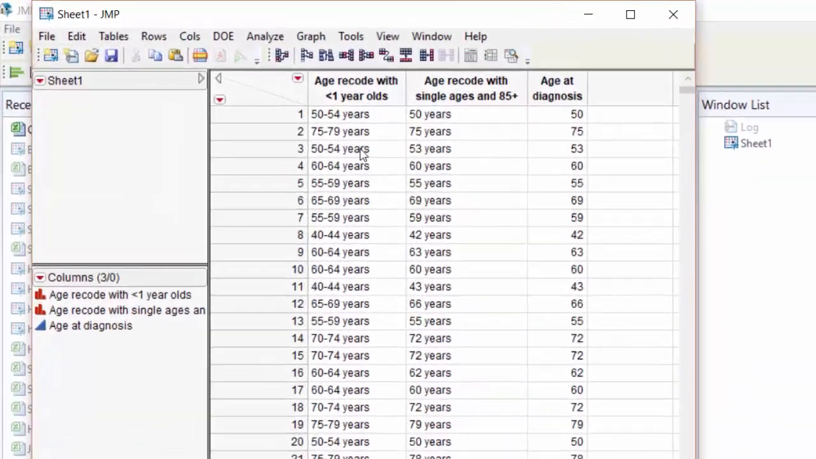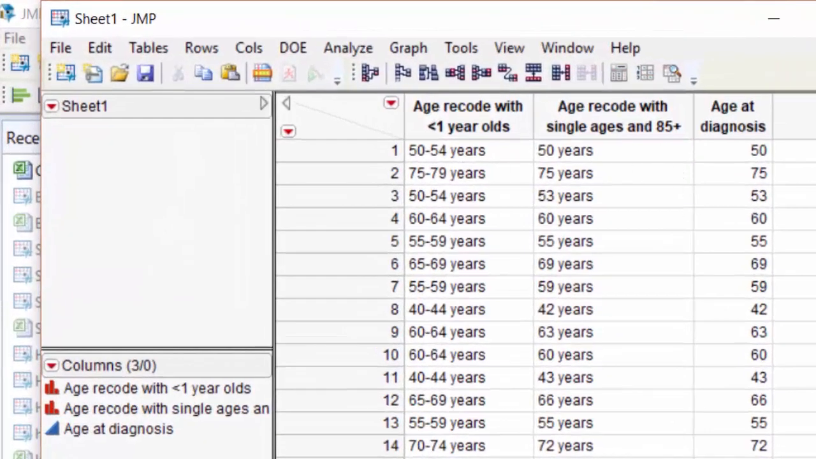So now it displays the differences in the age variables that I have obtained from SEER. These are the three columns that I've obtained. The first, age recode, was less than 1 year olds. This age recode demonstrates also